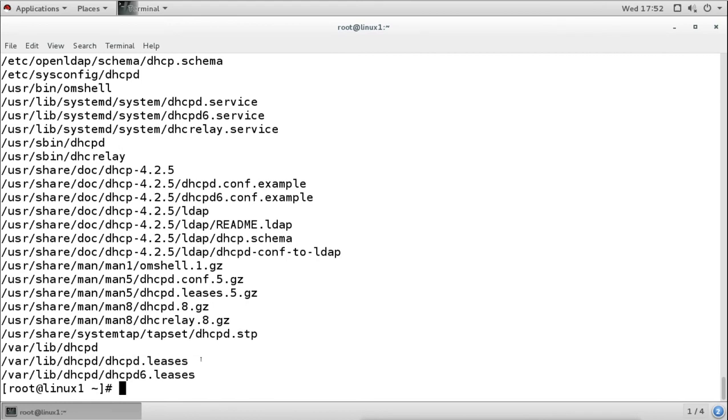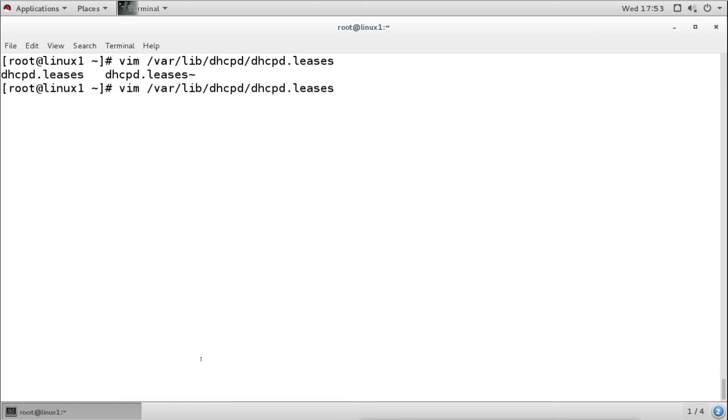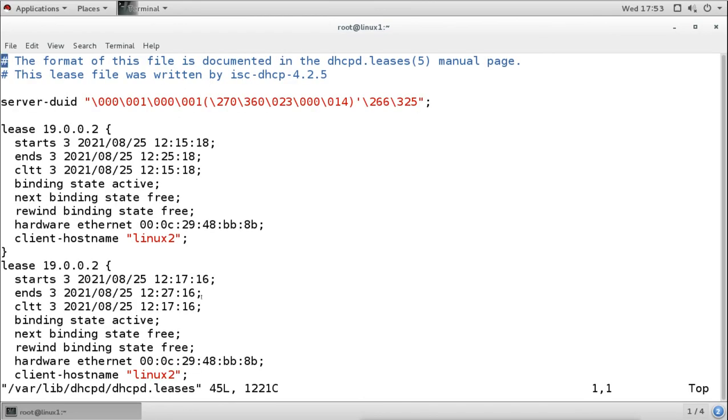So we can see that under var lib DHCP, dhcpd.leases. Now when you open this file, you can see who got these IP addresses.